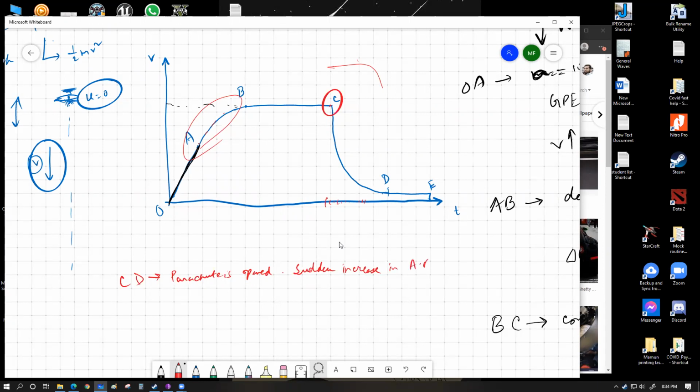Sudden increase in air resistance. So now resultant force equals air resistance minus W working upwards. Here is the bigger force. Person decelerates